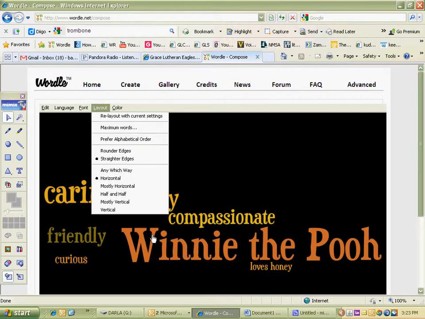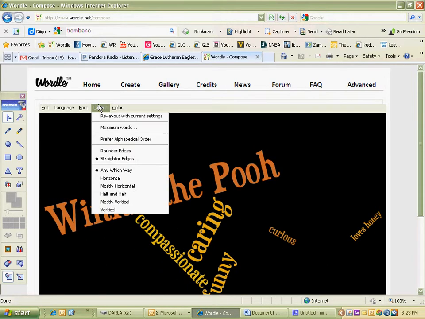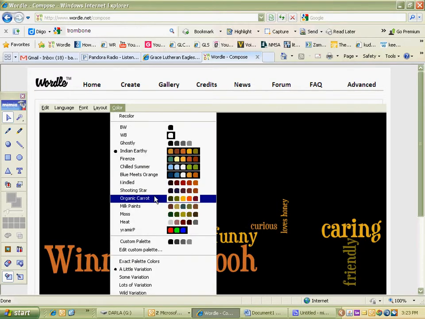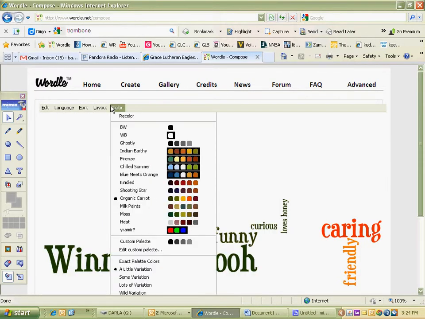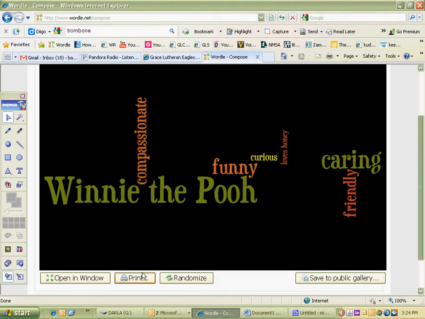So if I want the layout to be any which way, whoa, I want you guys to pick mostly horizontal. All right, so that kind of came out pretty cool, and I'm going to change the color. Winnie the Pooh likes honey, so we'll make it Indian friendly because that kind of looks like the different colors of honey, right, and bears. So there is my poster, and when I'm done, then I can hit print,